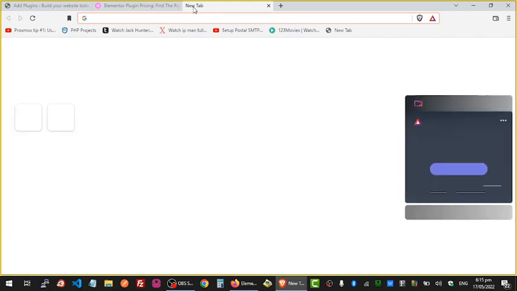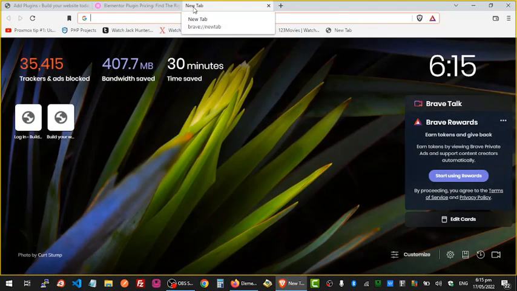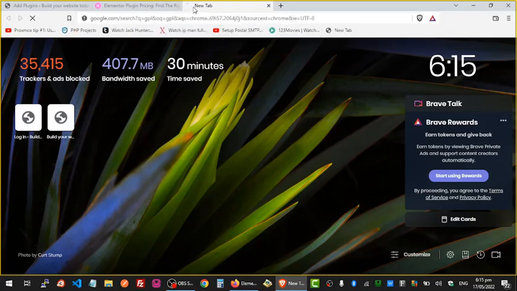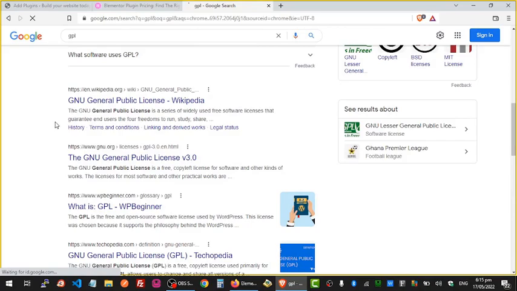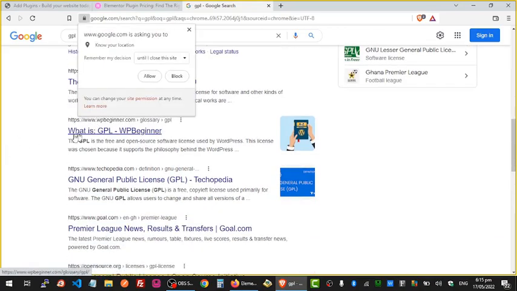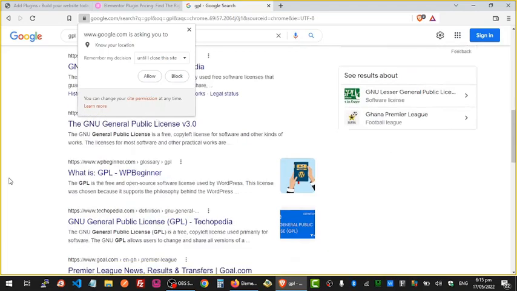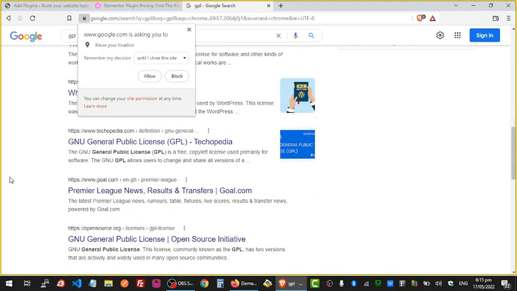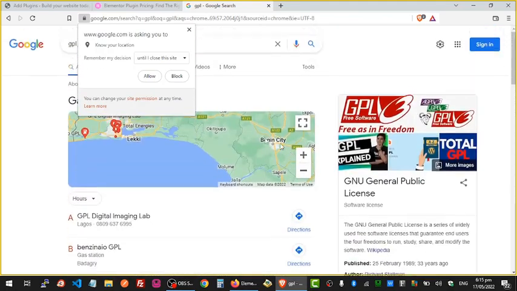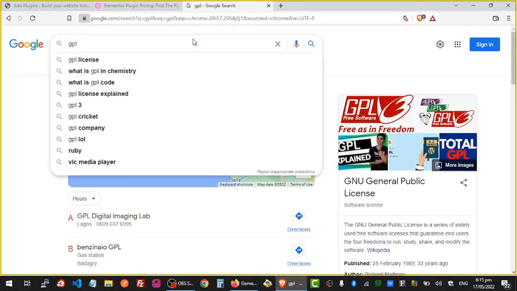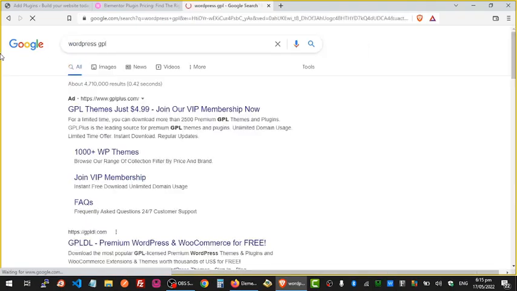Now, the first way by which you can get the Elementor Pro for free is you just go to Google and do a search for what we call GPL. Let me refine that search and just do WordPress GPL. When you do a search for WordPress GPL, you get a lot of sites